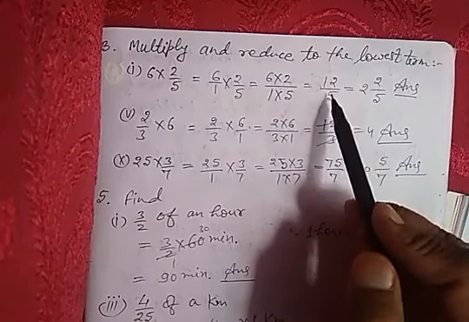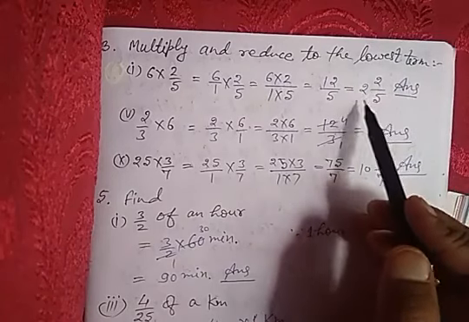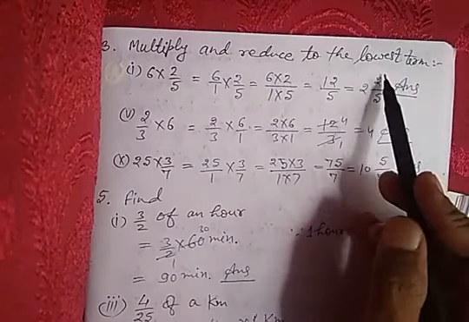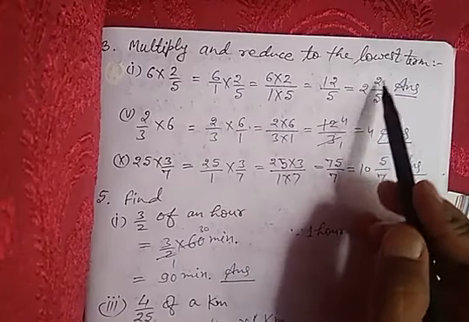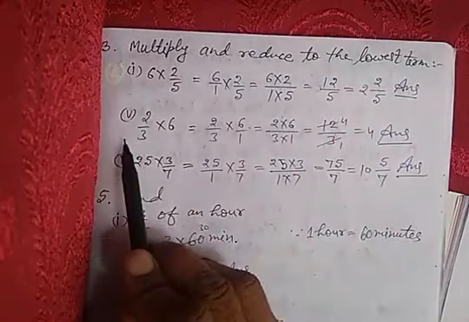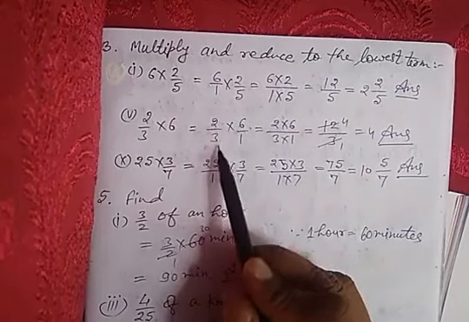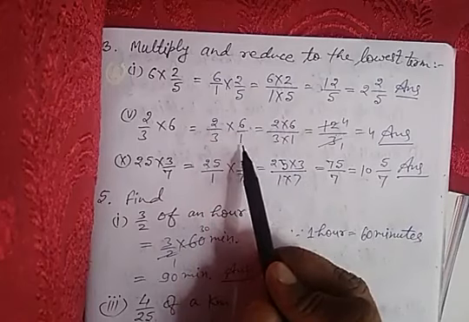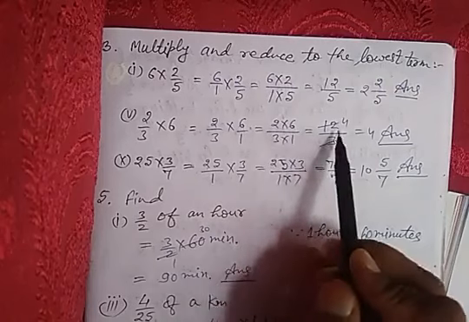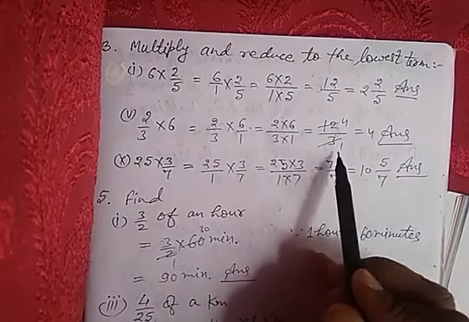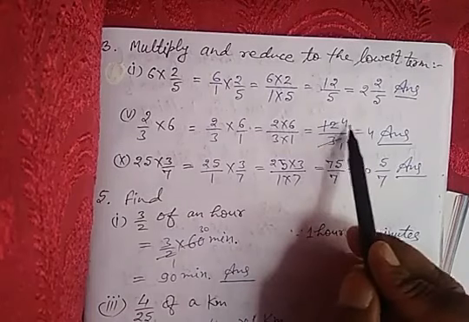This can be written as a proper fraction or mixed fraction. Mixed fraction: 2 whole 2 upon 5, since 5 2s are 10 plus 2. This one, 2 whole 2 upon 5, is the answer. Now fifth part is 2 upon 3 into 6, equal to 2 upon 3 into 6 by 1, equal to 2 into 6 upon 3 into 1, equal to 2 6s are 12 upon 3 1s are 3. This can be divided by 3. 3 1s are 3 and 3 4s are 12, equal to 4.